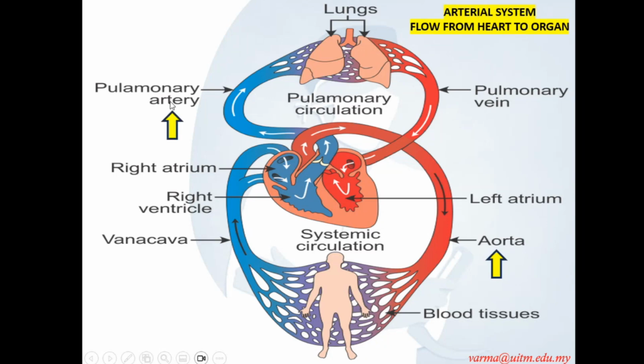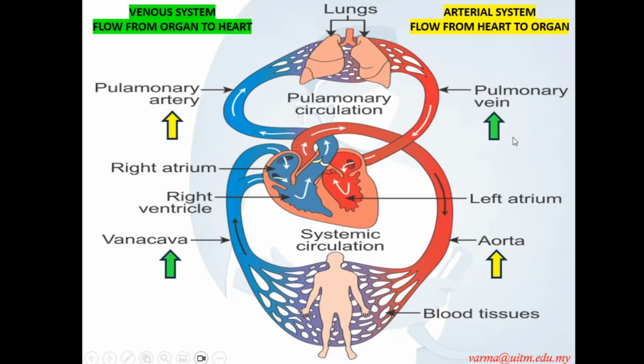And pulmonary artery. It's from the right heart, from the right ventricle, goes through the pulmonary artery to another organ, which is the lungs. So this is the arterial system. Arterial system is flow of the blood from the heart to an organ or other organs. Whereas venous system is flow from organ back to the heart. So we have our vena cava, pushing back all our systemic circulation, venous return into the right side of the heart. And we have a pulmonary vein, which pushes our pulmonary circulation back from the lung into the left